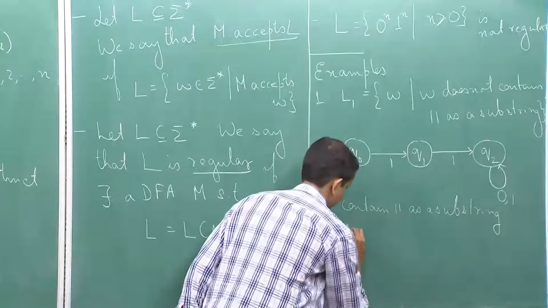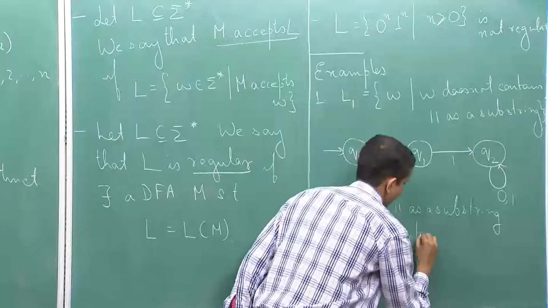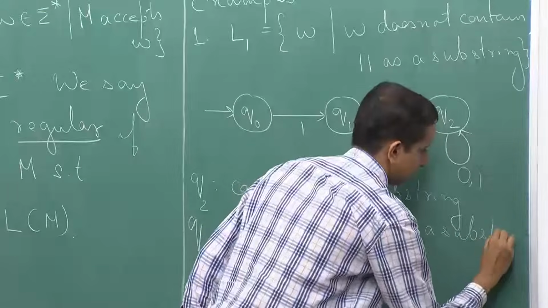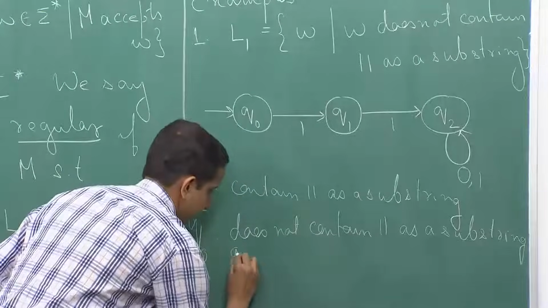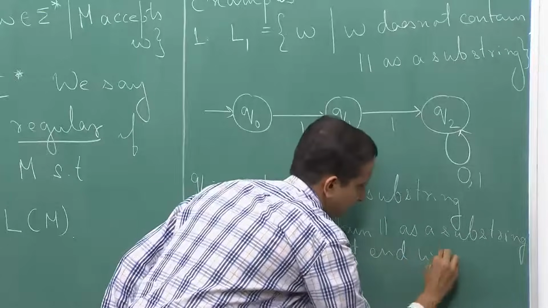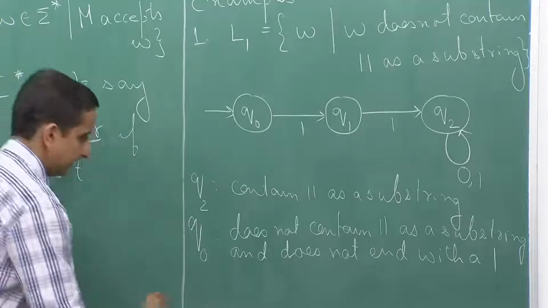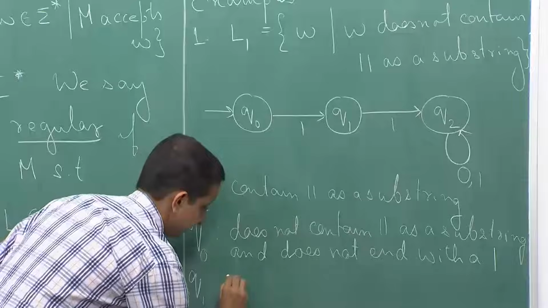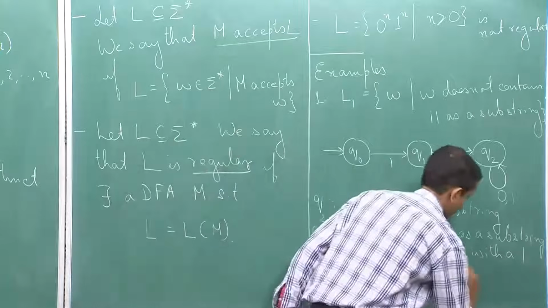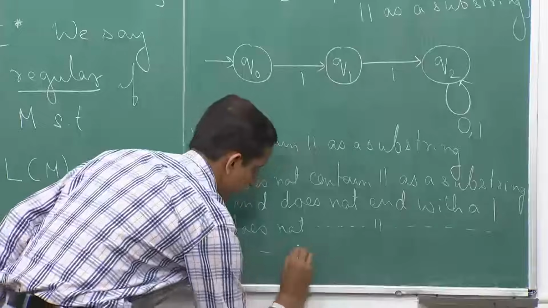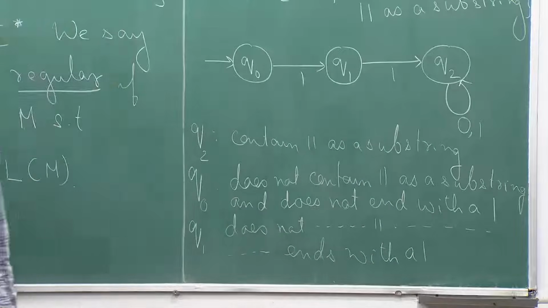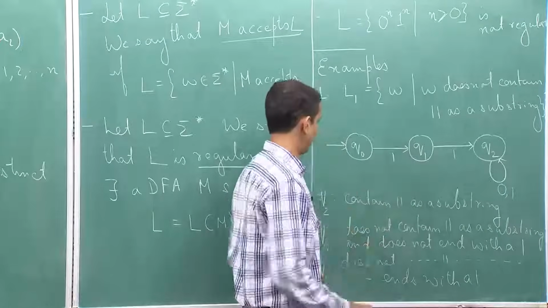Q0 is: does not contain 1 1 as a substring and does not end with a 1, and Q1 is: does not contain 1 1 as a substring, and ends with a 1. So, from Q0 if I see a 1, I go to Q1,